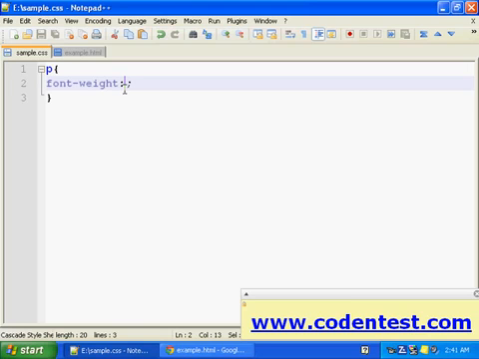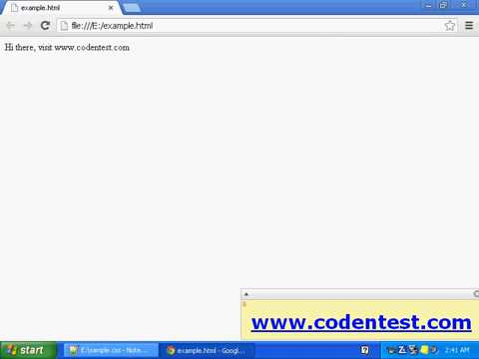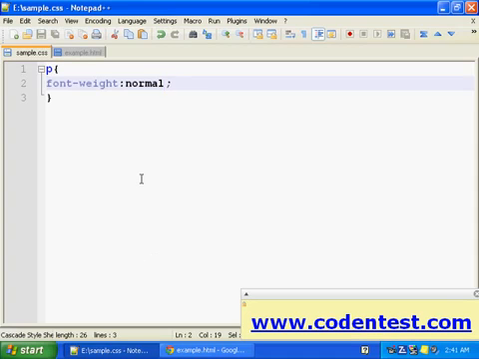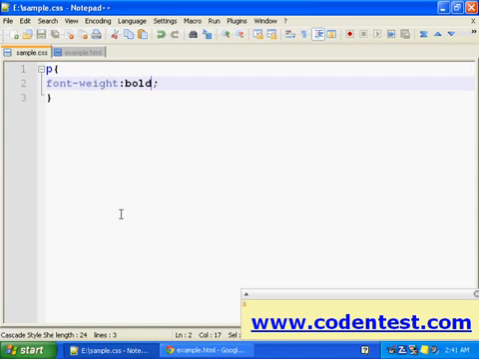Let's say we'll give normal first, and let me refresh this. Now the font weight is normal. Let's say bold, and I'll refresh this. It's bold now.